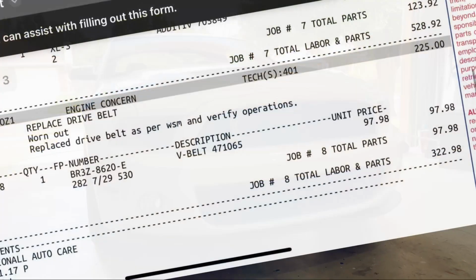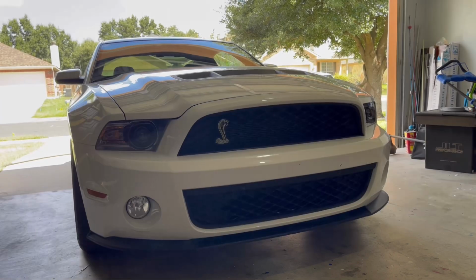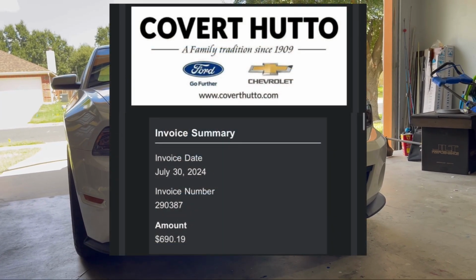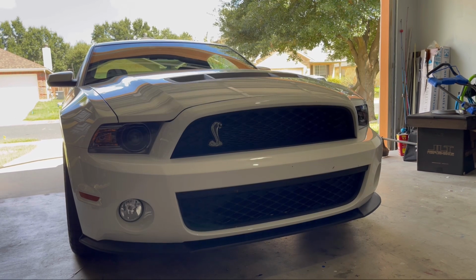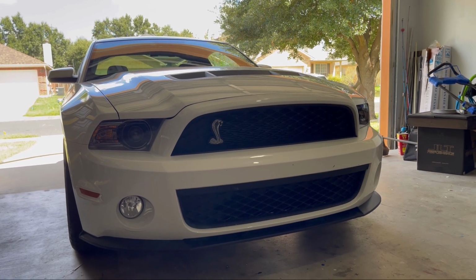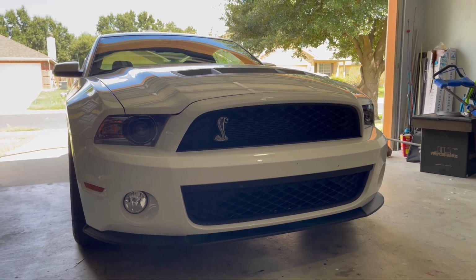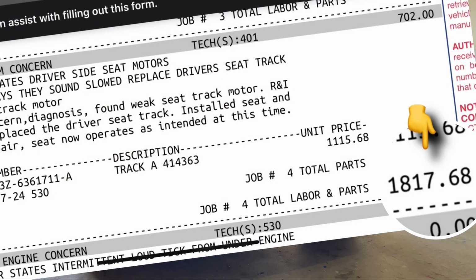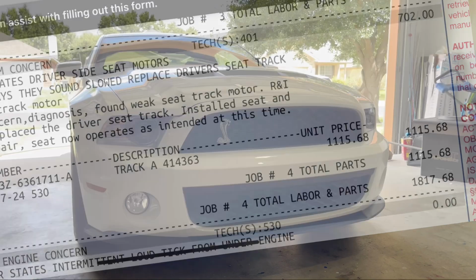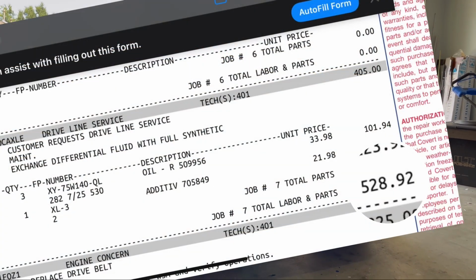Ended up paying $300 and some odd dollars for the belt service out of pocket, and then I think the deductible for Silverrock was $350. So it came to, I think, $690 and some change out of pocket on this car that I just bought to get a couple of things taken care of. I'm glad that the warranty took care of the seat thing, because that was, I don't know, $1,800 worth of parts and labor just on the seat alone. And somehow I think they charged like $500 for a diff service, which is kind of crazy to me,